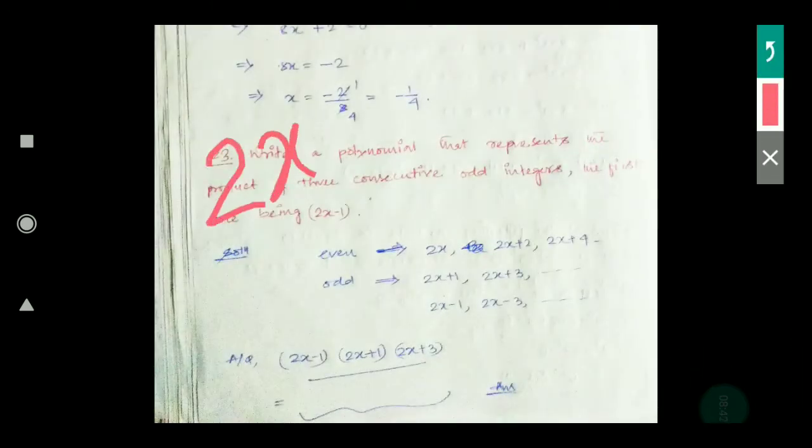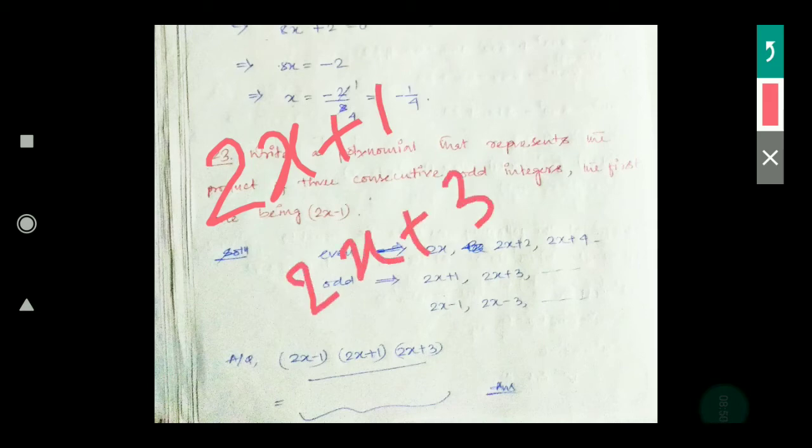So if it is asked for consecutive odd numbers, you can write 2x is an even number. With an even number, if I add an odd number, every time we will get odd only. So that means consecutive odd will be 2x plus 1, 2x plus 3, 2x plus 4, not 4, because 2x plus 4 is an even number. I need an odd number, 2x plus 5, like this.